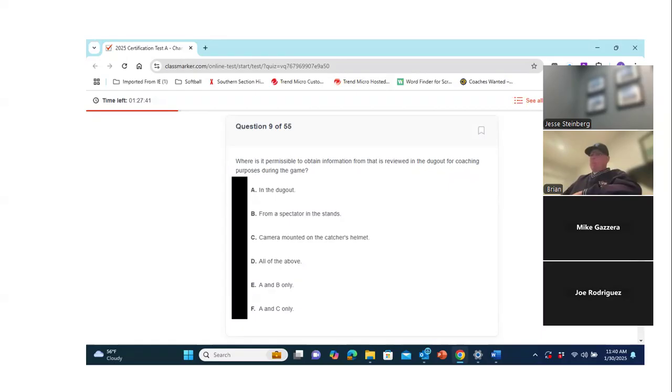Well, let's see. Rule book 186, Other equipment, Section 8, Rule 1, Article 6. During the game, the use of electronic devices by team personnel to transmit or record information pertaining to their players or team's performance shall be permitted for coaching purposes within the team's dugout bench area only, provided that the point of origin of the electronic communication is outside of the field of play.